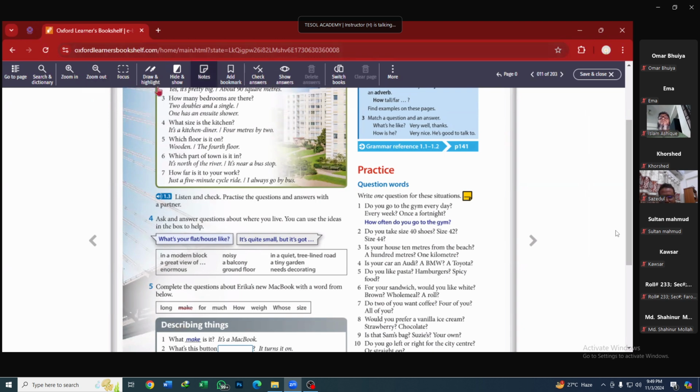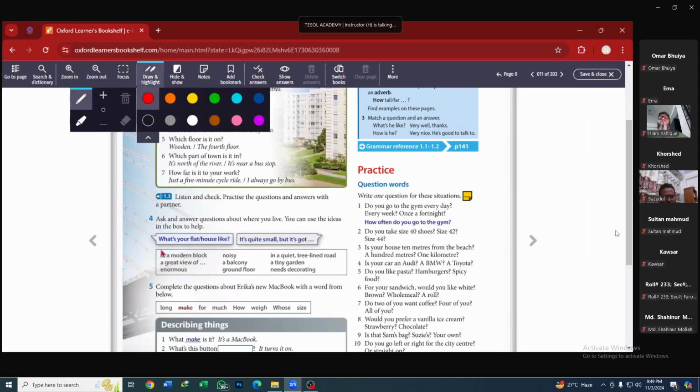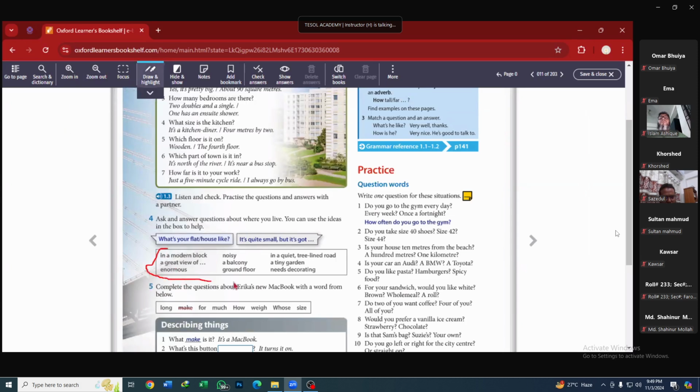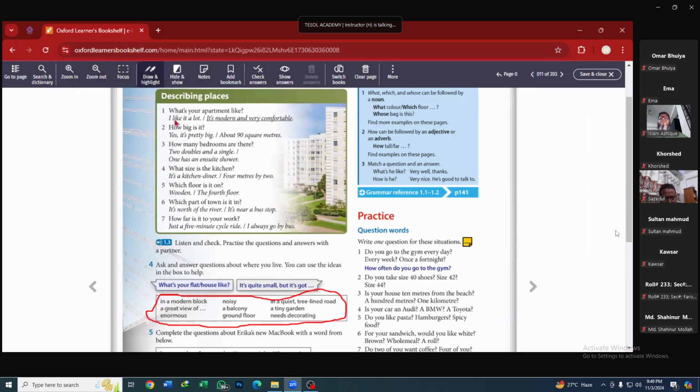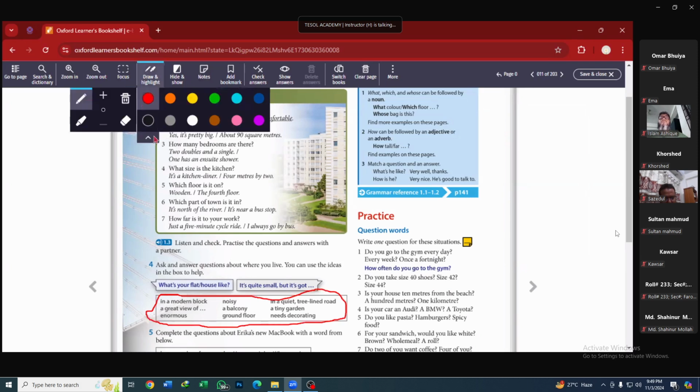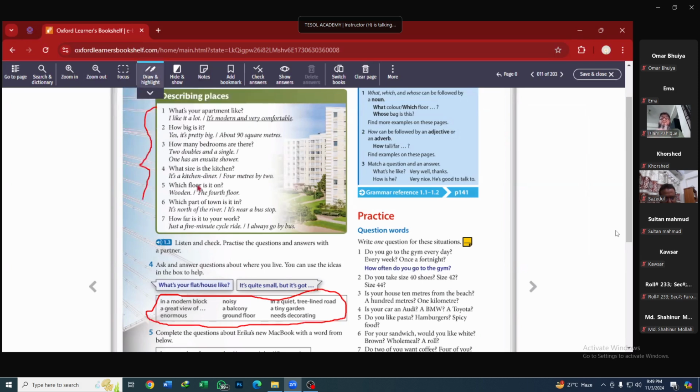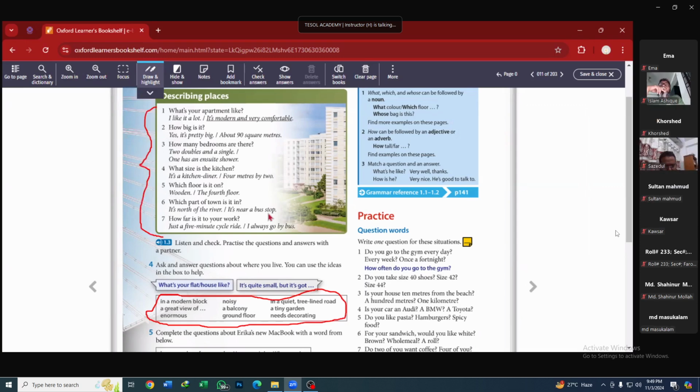So, what I would suggest is, just like before, you will please choose the words or phrases that are given here in this box. You choose these when you're describing your home. To make it easier for you, you have to ask these questions that are given in the box that we just answered, the questions 1 to 7, and you will answer these questions according to your home. So you will describe your home when these questions are being asked. Okay, is it clear?